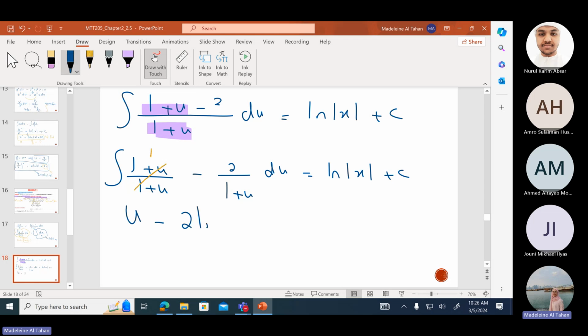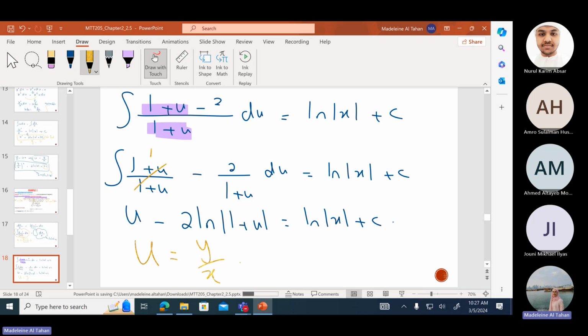And the integral of the other term gives the log term, and the right side is ln absolute x. Then we are done, that is our answer. So what do we need to put instead of u? u is equal to y over x. So we substitute y over x instead of u, and then